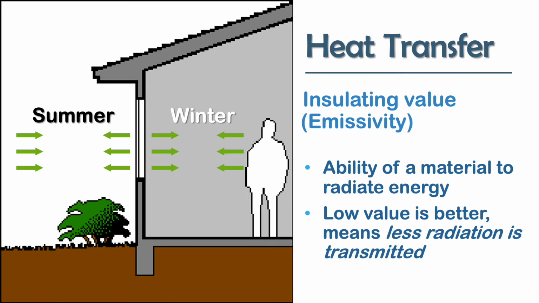On the right hand side, somebody is radiating heat, and if there's nowhere for the heat to go, then you don't feel as cold. We're seeing a low E on the inside of the window, bouncing that radiant heat back to us. And in the summer, same thing, we would want there to be a low E coating that would bounce the light back to the exterior.